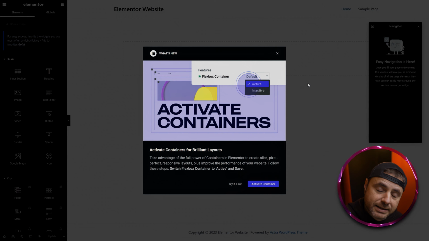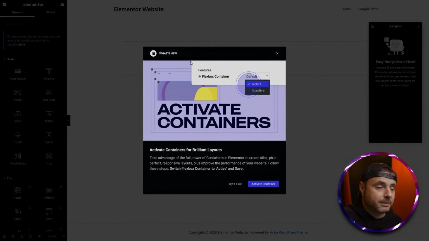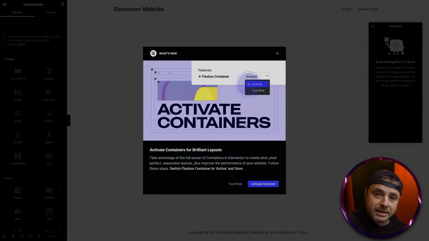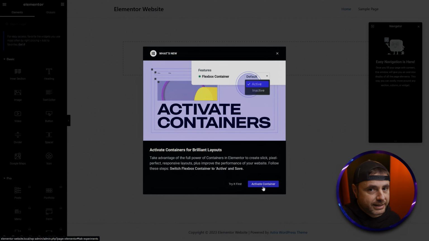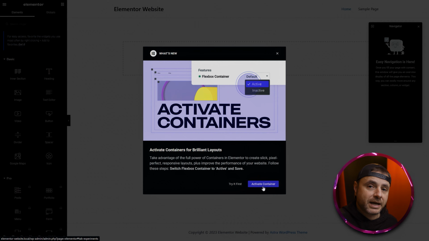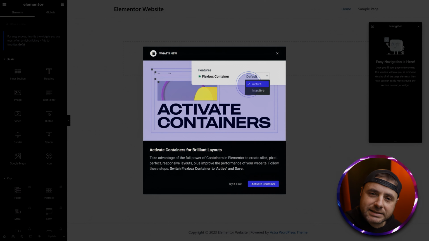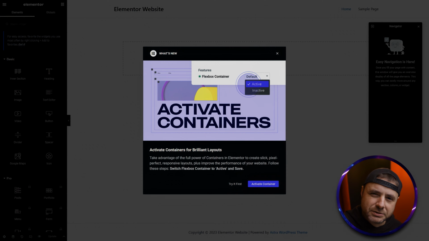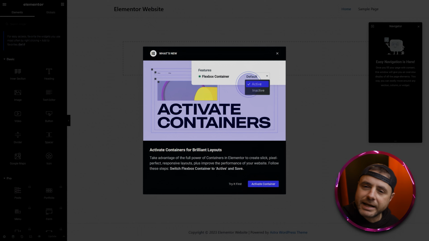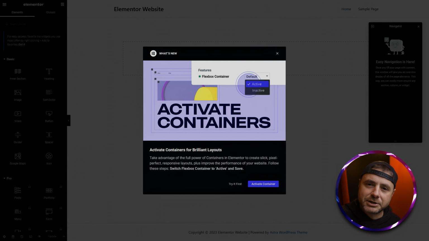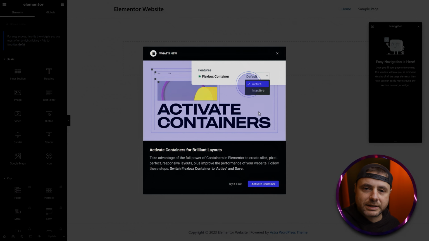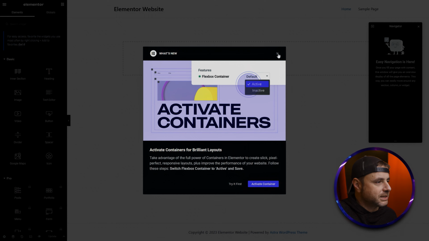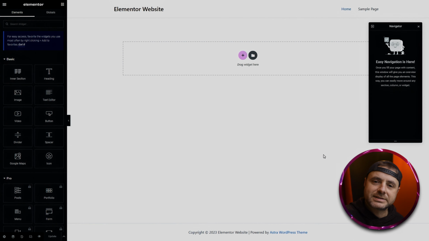Another thing here that's very important on the next pop-up is the one that says Flexbox container. This I am not going to activate in this tutorial. I'm keeping everything simple. Again, containers is more of an intermediate, more advanced sort of thing, and you don't need to use it in creating your pages. You can get by just fine in whatever design you want in the standard way of building a website. So here I'm just going to press X, and here is the blank canvas that we're going to be using